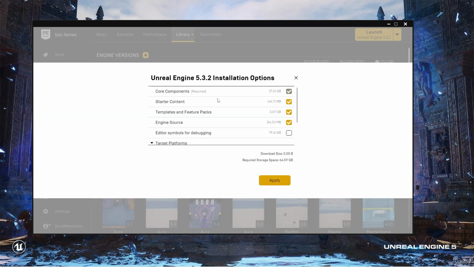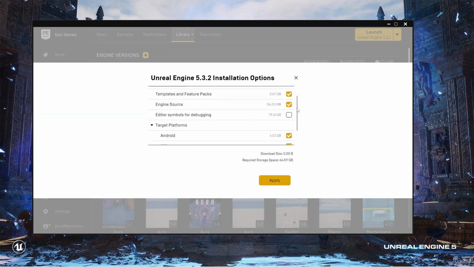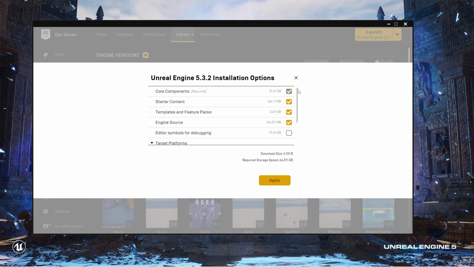Now, click on options, and here under options, there are a number of checkboxes, so we'll just quickly go over those. The first is core components, and notice it says required. You have to have this checked. In fact, you can't uncheck it. However, we have a number of optional checkboxes, such as starter content. Starter content is basically an asset pack that you can add to new projects as you create them, and it contains some additional things you can work with, so you're not working in a completely empty level in your game project. Templates and feature packs are some additional content, including example levels that have some basic functionality already programmed in,